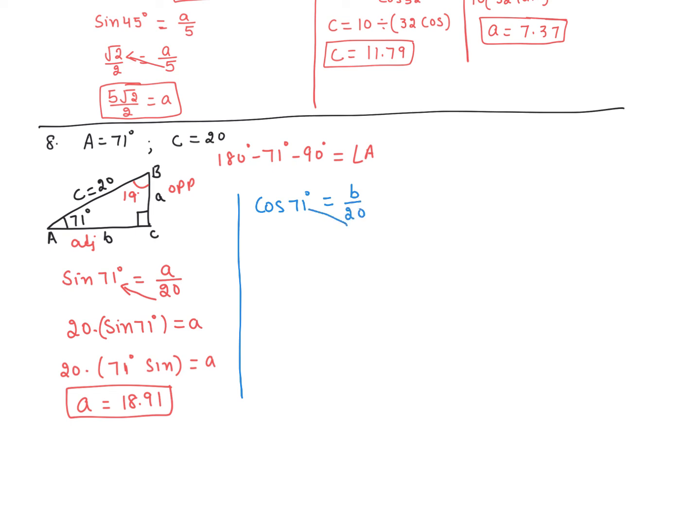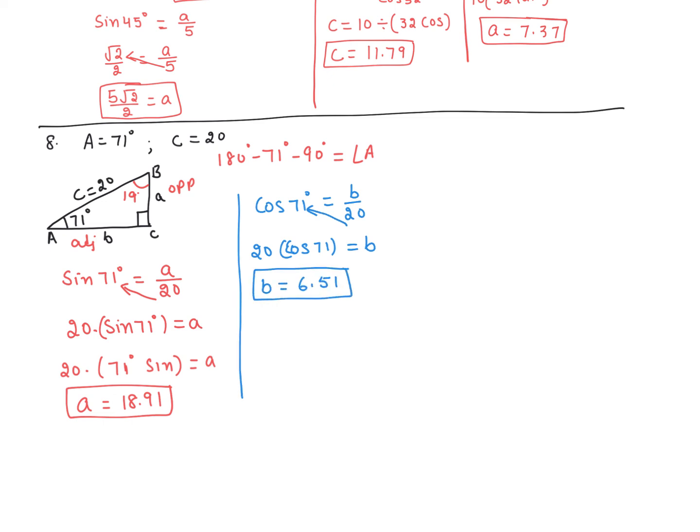Now you multiply across the 20. You got 20 times cosine 71 equals B. Same way, when you find this from the calculator, for this one I got here is B equals